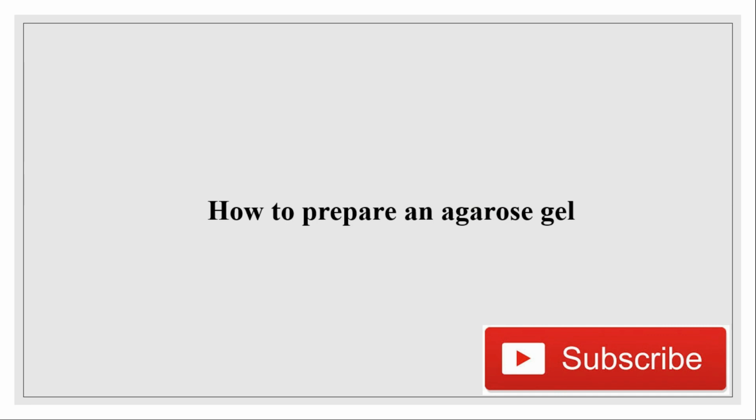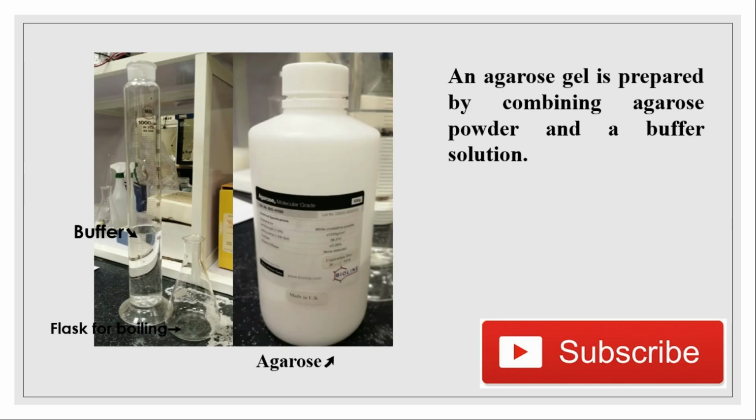So how can we prepare an agarose gel? Agarose gel के लिए हमें एग्रोस चाहिए और एक स्पेसिफिक बफर चाहिए जिसमें हम एग्रोस को डिज़ॉल्व करेंगे। तो बेसिकली दो टाइप्स के बफर हम यूज़ करते हैं, एक को हम TBE बफर कहते हैं और एक को हम TAE बफर कहते हैं। तो एग्रोस जेल इज प्रिपेयर्ड बाय कंबाइनिंग एग्रोस पाउडर एंड ए बफर सॉल्यूशन।